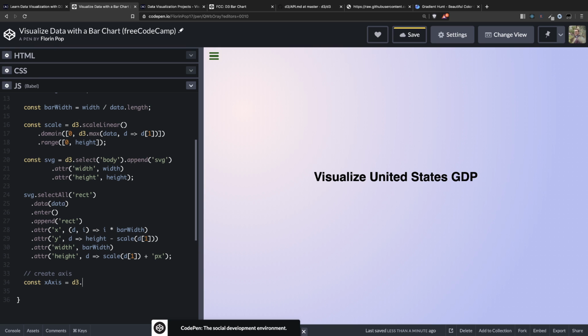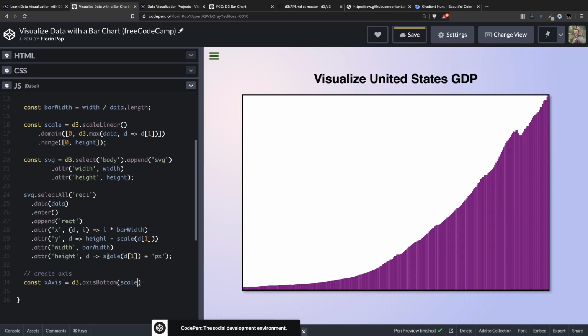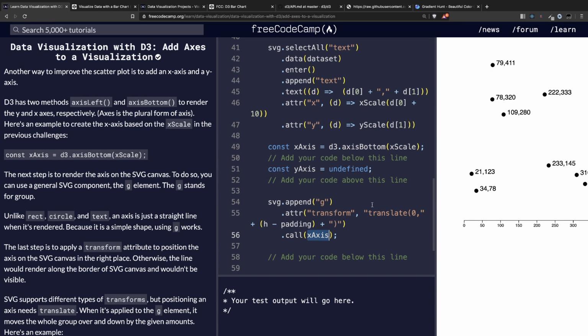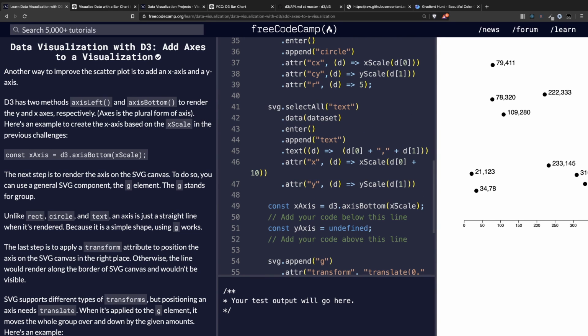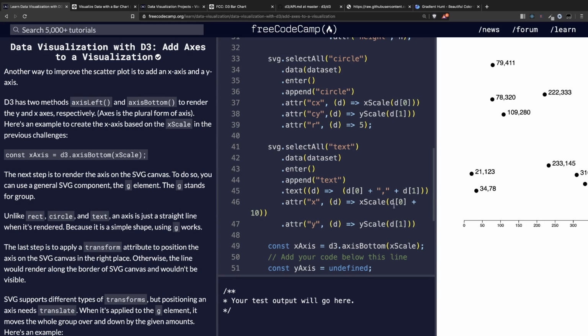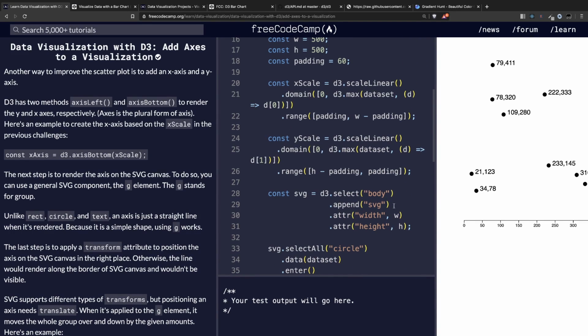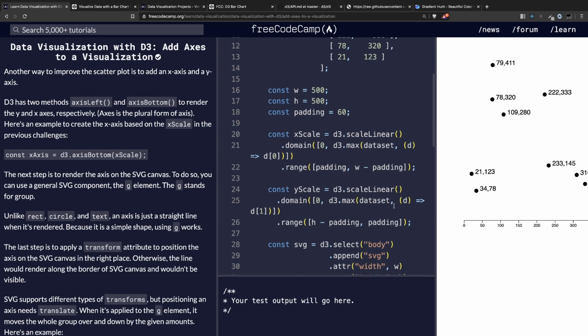D3 axis bottom, and we need to pass our scale. Now the interesting part is that we have here x scale and y scale. Y, we have a y scale. X and y. Oh, we have y scale here because